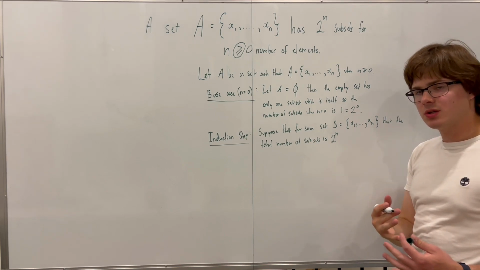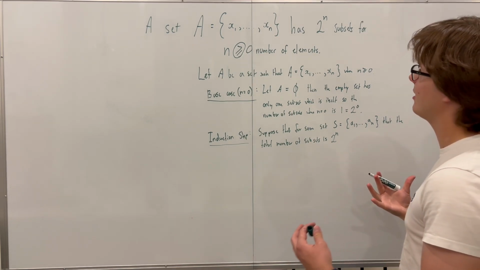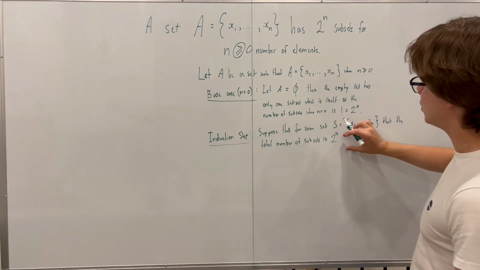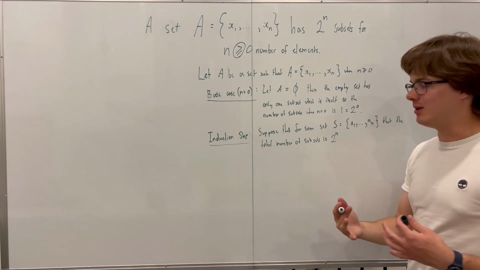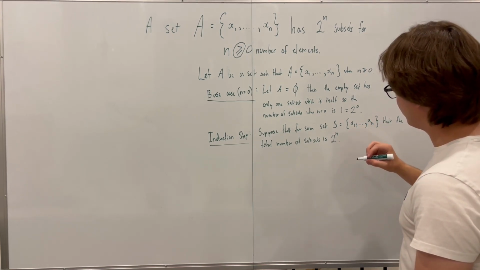Now, why can we suppose this? The kind of reasoning in an induction step is, because we showed this is sort of true for the base case, we can kind of suppose it's going to be true. But what we want to prove is then